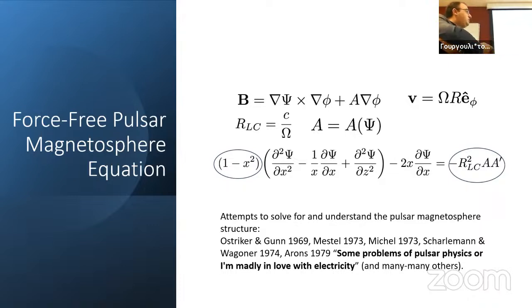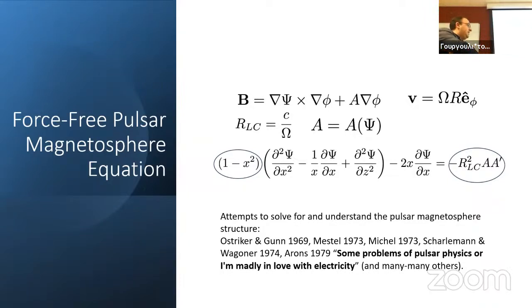Now, if we do this exercise, we substitute the magnetic field into equations that we had before, and we do some rescaling in the coordinates so that one is the light cylinder, what we get is essentially this equation. So this is the Goldreich-Julian equation